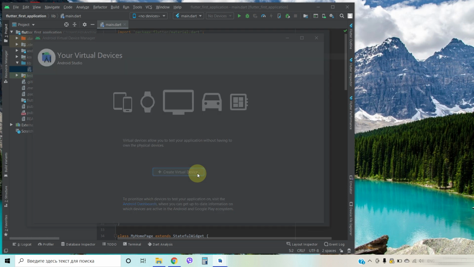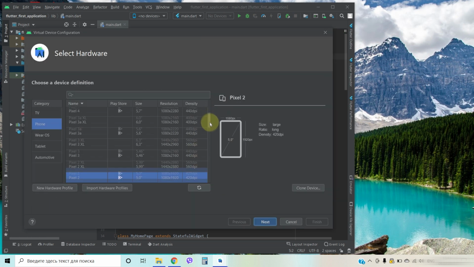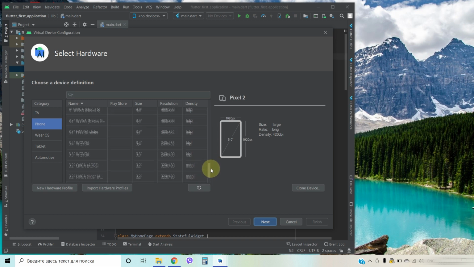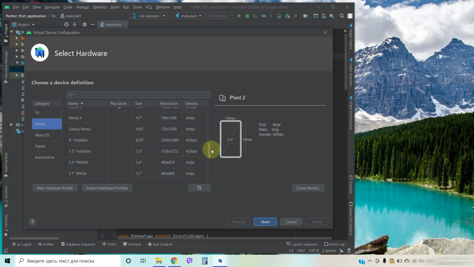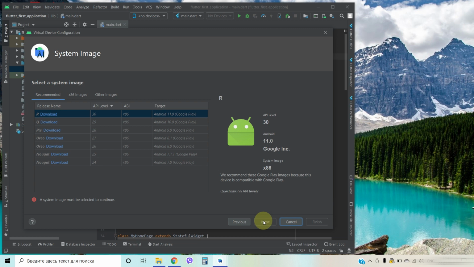We need to create new virtual device, our emulator. Here you can see list of the devices, so choose one of them. Next. And download the system image.